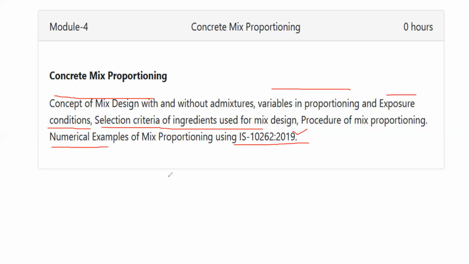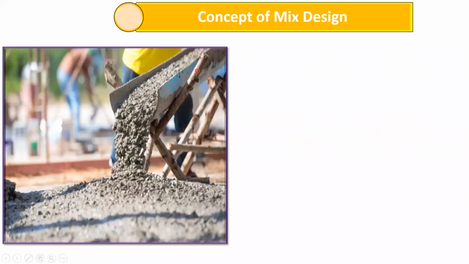Now coming to the main thing about concrete mix design. What exactly is this? You can see here, we have prepared a concrete. But before preparing this concrete, we need to understand the quantity of cement we have taken, the quantity of coarse aggregate, the quantity of fine aggregate, and the quantity of water we have taken, right? Once we take all those things in the proper way, and finally prepare a concrete, this is the final product.